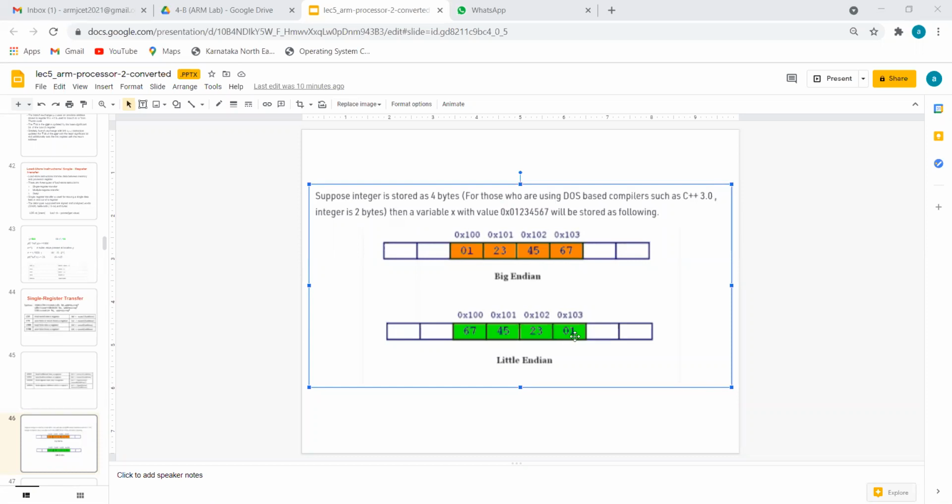Now, what do you mean by little endian? Who is the LSB here? Will the LSB change? No, it again remains the 7 side. Can you see who is stored in the small address? What is the small address among 100 and 103? 100 is the small address. There I have stored the LSB side. Hope it is clear now, the difference between big endian and little endian. Now you should answer the question: which endian addressing is this?